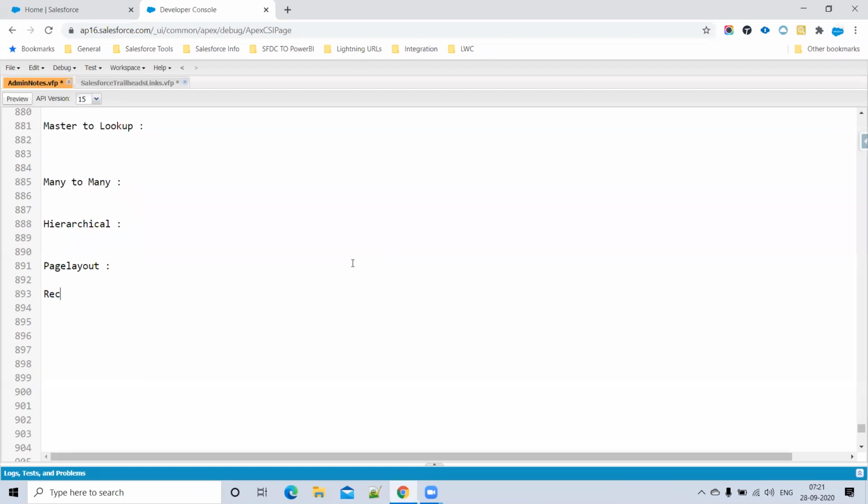What is a record type now? Sonu, what is a record type? It controls the process, page layouts and the pick list fields. Okay, good. And we can assign different record types to different users.